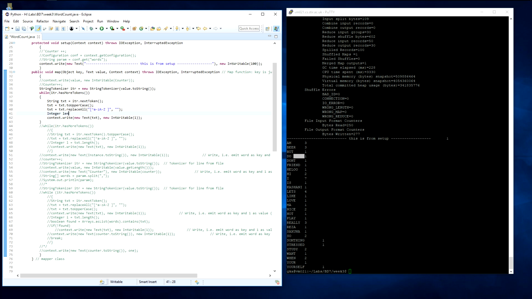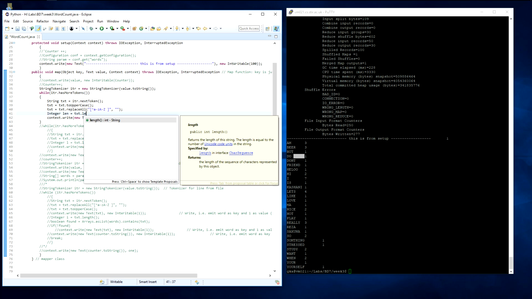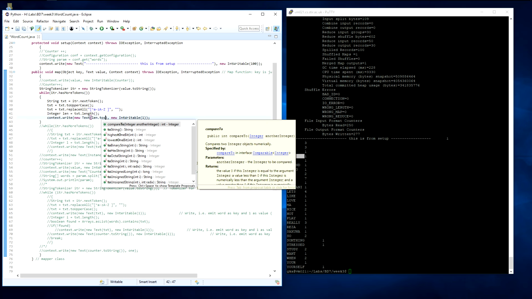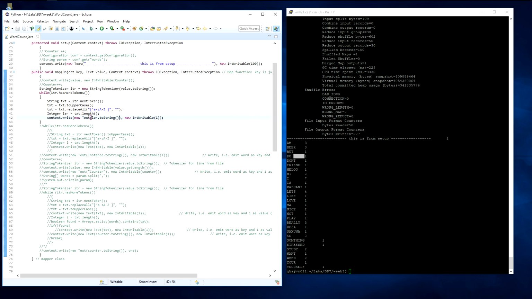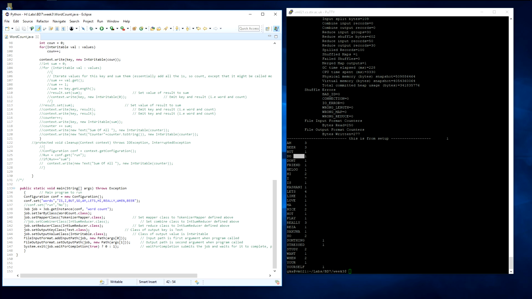len equals txt.length, then okay, and instead of writing the key of the word, what about if I just write, instead of the text, len.toString. Very small change, okay? And before I go for the reduce, I'm going to comment out the reduce again